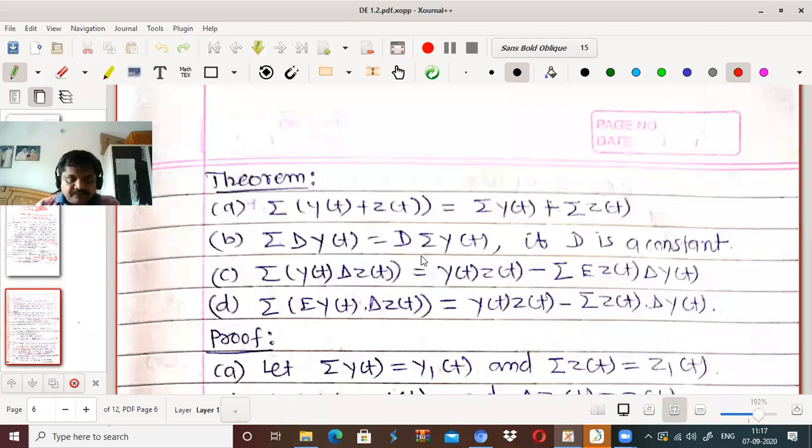In the last lecture, we have seen the concept of summation, then these four properties. That is, how to take the summation of the addition of two functions, how to take the summation of a constant multiple of a function, how to take the summation of the product of two functions, and this one is again a modified part. That is, again it is a product of summations of two functions, right?